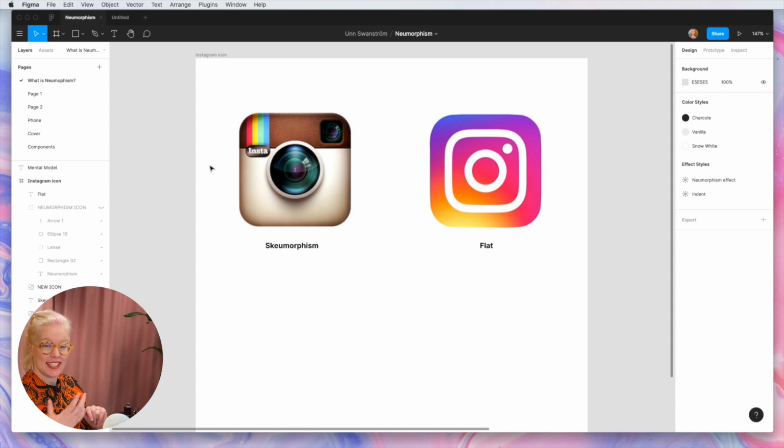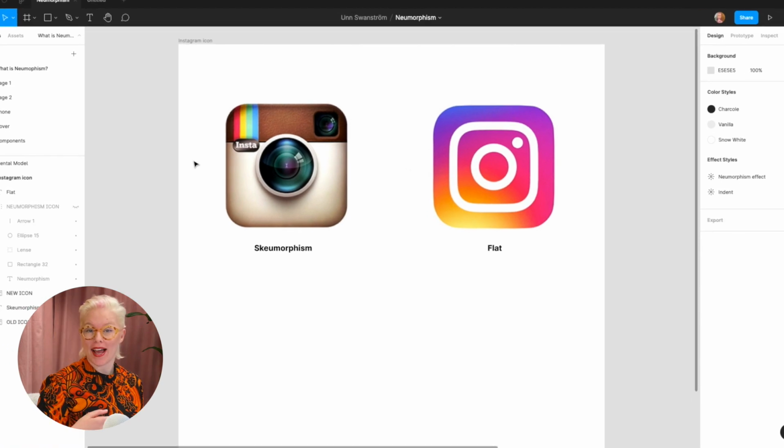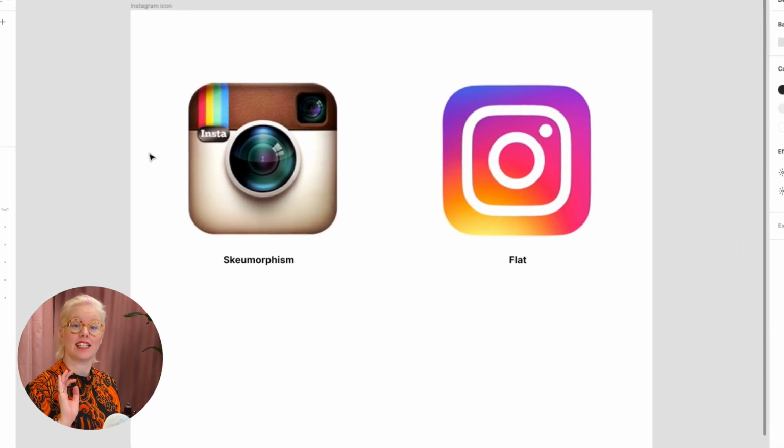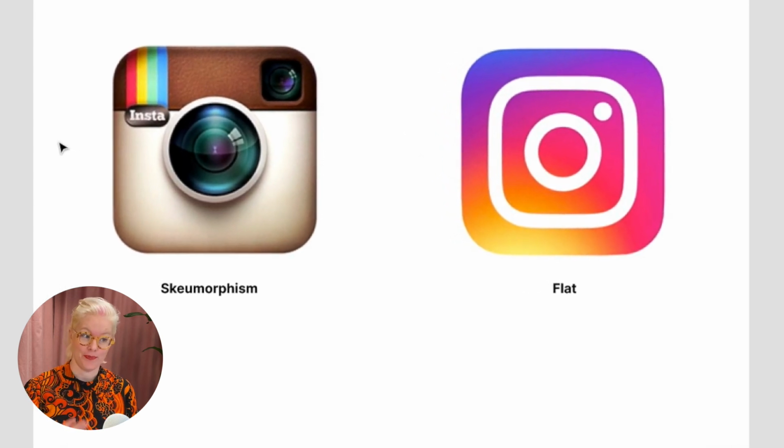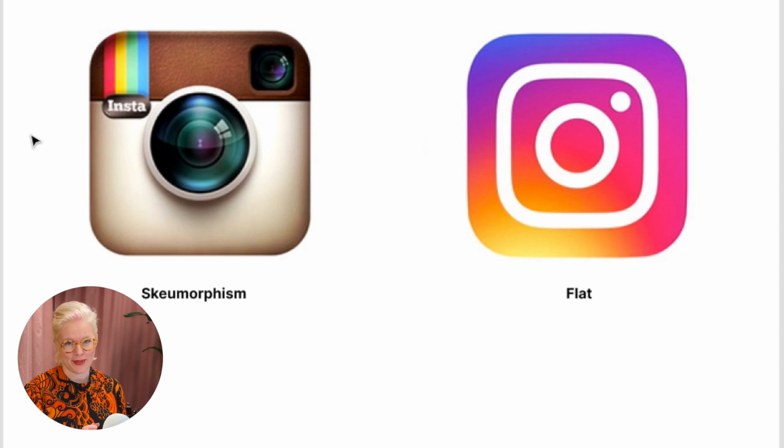Neumorphism, what does that even mean? Well, let's look at these Instagram icons. The old Instagram icon is in the skeuomorphism style, where you tried to make a digital copy of something that's real and you tried to make it look as realistic as possible. That's skeuomorphism. On the other hand, we have Instagram's new icon, which is flat. There's no connection to looking like a camera in real life. It's just completely stylized, and there are no shadows to resemble depth. It's just completely flat